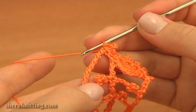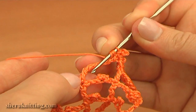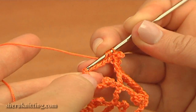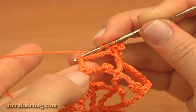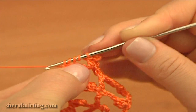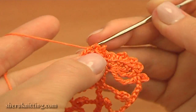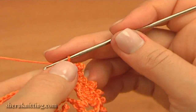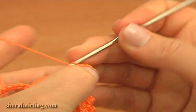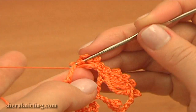Then double treble crochet 1, 2, 3 in the 3rd pair of horizontal strands that are on the post of the sextuple treble stitch. I was counting from the bottom. Work a double treble and make a 3 chain picot on top, chain 3 and slip into the double treble. Then continue treble crochet through the same 2 strands